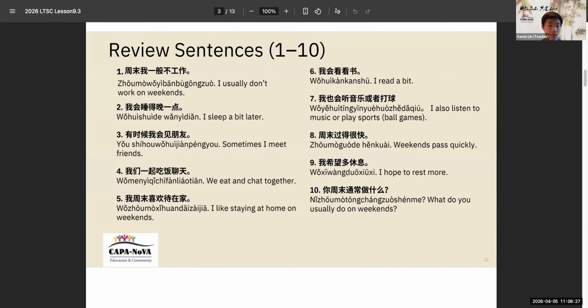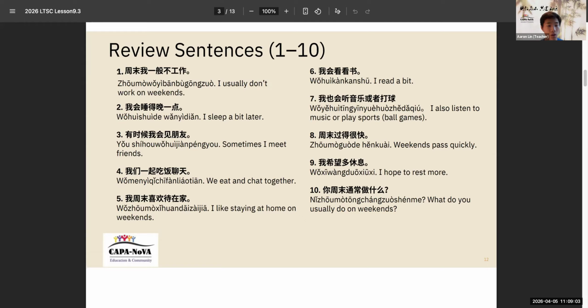Here are the review sentences from last class. I'll read through it, and then hopefully everyone can open their mics and read with me the second time. First, 周末我一般不工作. This means I usually don't work on the weekends. Can everyone open their mics and repeat after me? 周末，我一般，不工作。